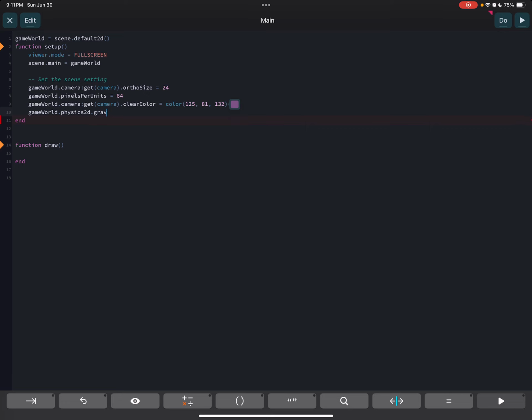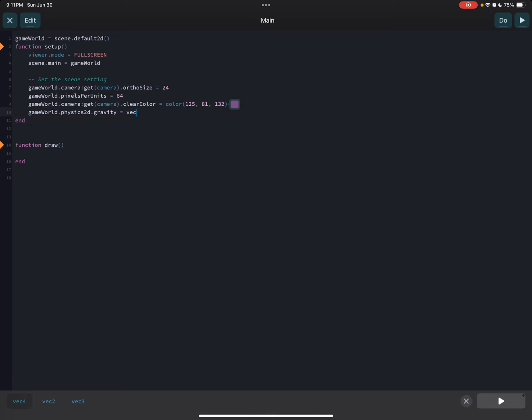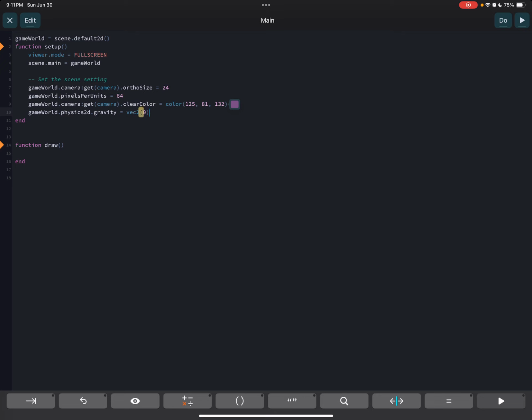So for the gravity, we're going to change it and set it to basically 0. And one thing I actually want to add is game world for now. This is just going to be for something quick so we can see something immediately when we render. Game world, debug,